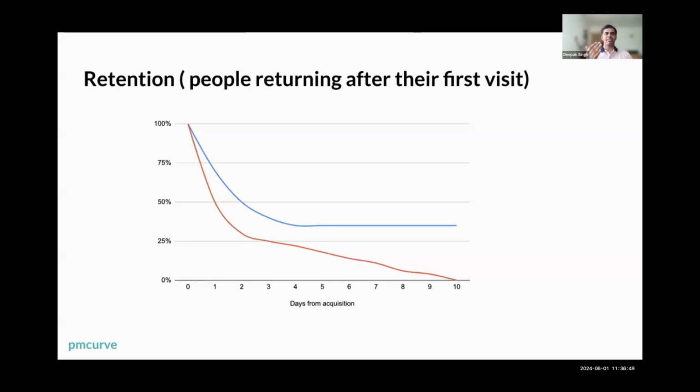So let me explain this chart, right? Retention is usually defined as, if 100 people came today for the first time on my app, day 1 retention is how many people came the next day. Day 7 is how many people came after 7 days. Day 30 is how many people came after 30 days. Now, this is the definition of retention. Now, why do we want a curve which is actually flattening?